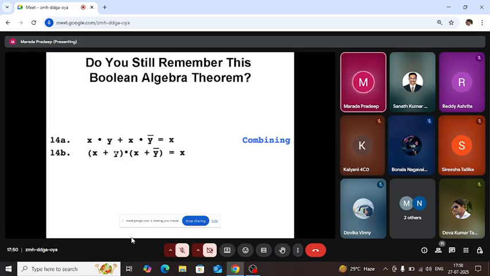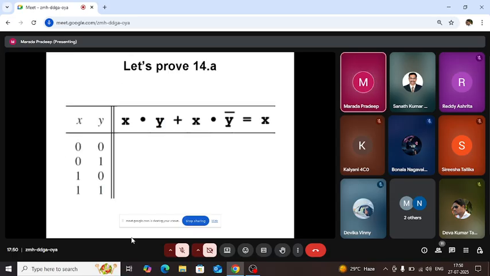Do you still remember Boolean algebra? Here, some expressions are there. Using truth tables, we can build an equation, but we apply some theorems. After applying theorems we get a simplified expression. Using K-maps, we can directly get the simplified expression. Here I consider one equation, xy plus xy bar. After simplifying